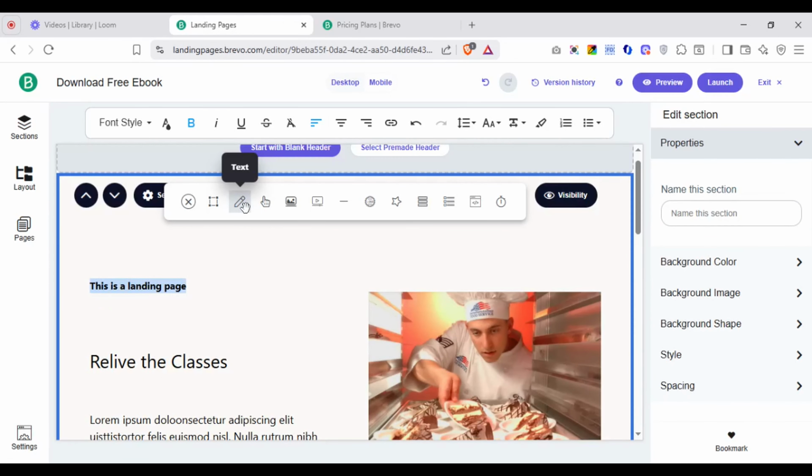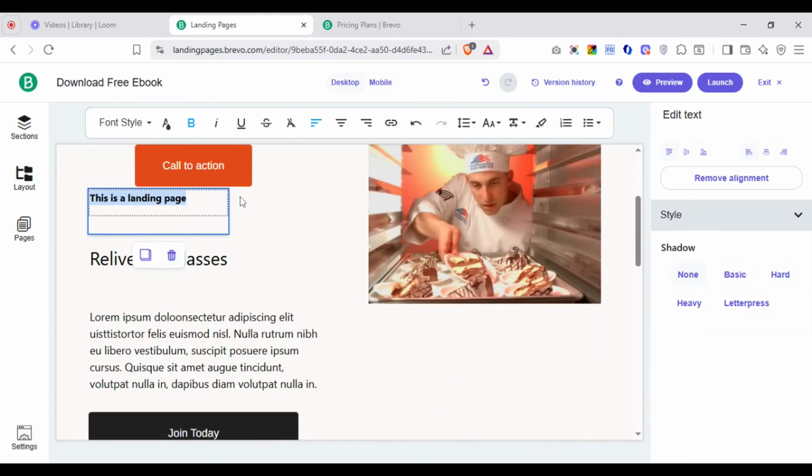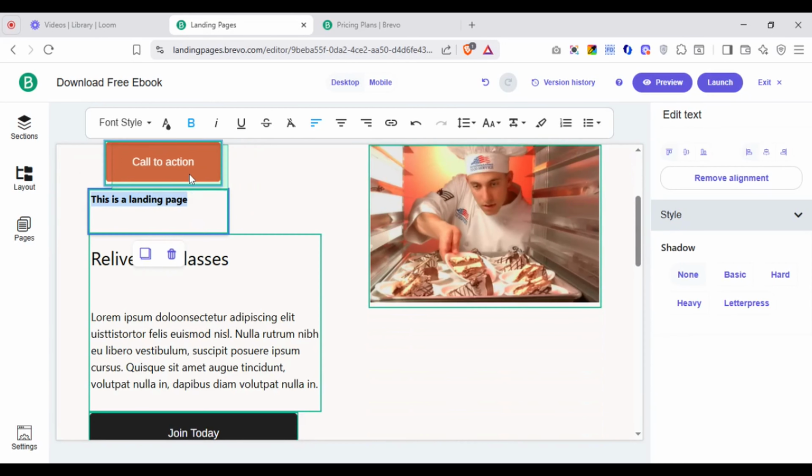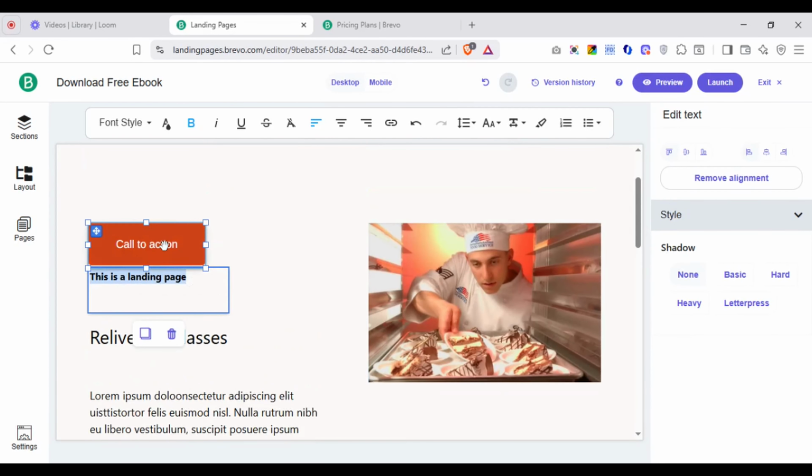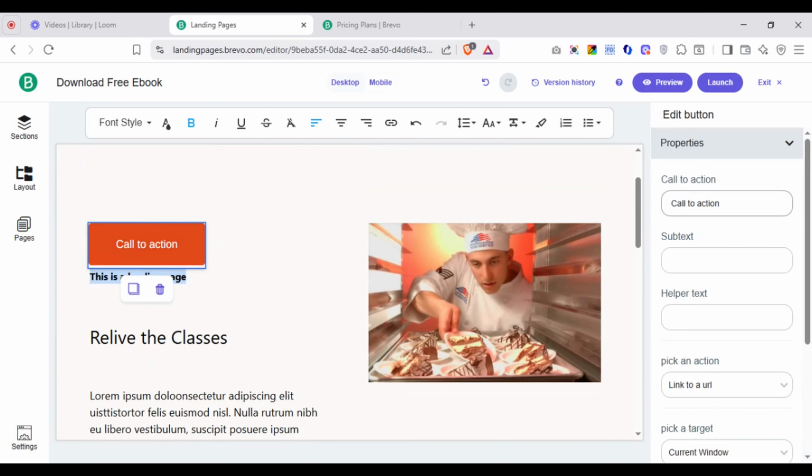So after adding a text, you can also add a button. And remember, we already customized the color code for our button. So when you drag in a button and put it wherever you want it to be, as you can see, it is showing the color we added in our preference when we were starting this landing page. So when you click on this button, you can decide here to change this call to action